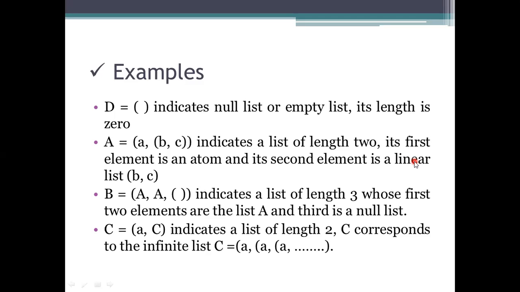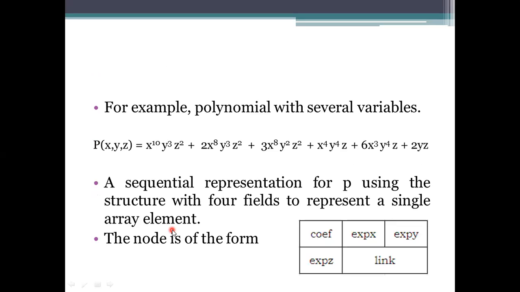So how do we define this generalized list? The generalized list will be an atom, or it may be an atom plus a linear list, and it is considered recursive. Means if you are calling your list infinite times, then it will be taken as recursive. In the C structure, you are continuously using the atom and it is calling itself, but the length of that will be specified as 2 only.